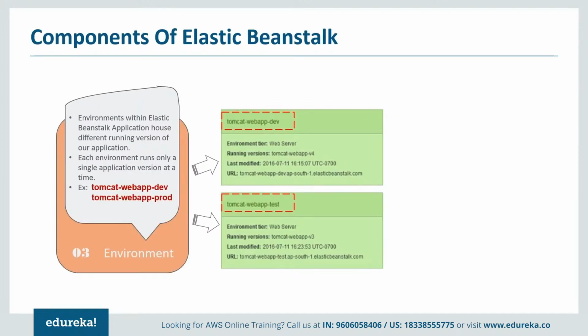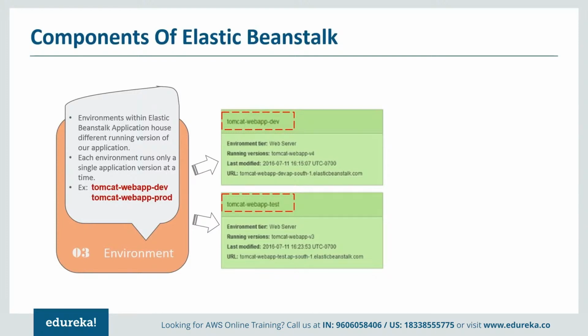Environment is a place where you actually run your application. When you try to launch an Elastic Beanstalk environment, Beanstalk starts assigning various AWS resources like EC2 instances, auto scaling groups, load balancer, security groups to your application. The point which you have to remember is at a single point of time, environment can run only a single version of your application. But Elastic Beanstalk will provide you with an option where you can create multiple environments for